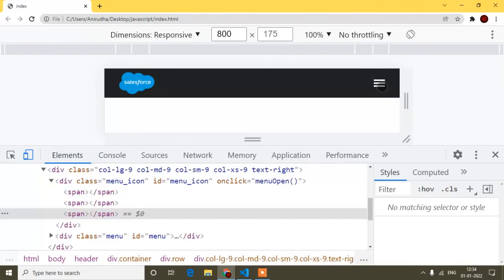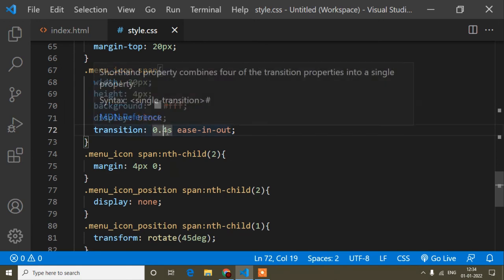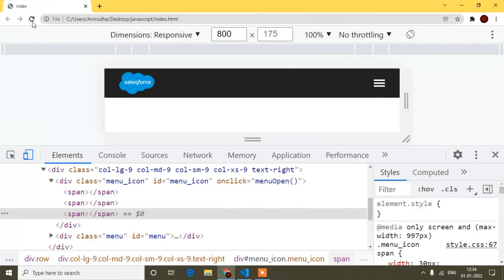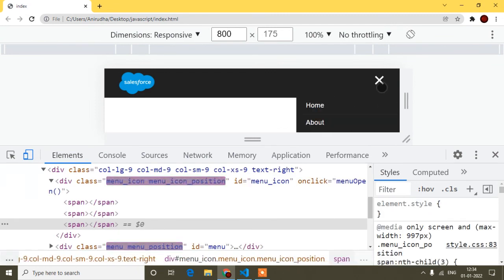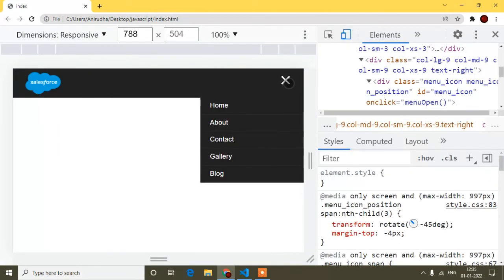Save, refresh, you can see how perfect it's looking, right? Transitions, I will add here 2s, that will be much better, I think. You can see how it looks like this. Okay, so here I will go, and now you can see it's looking perfect.